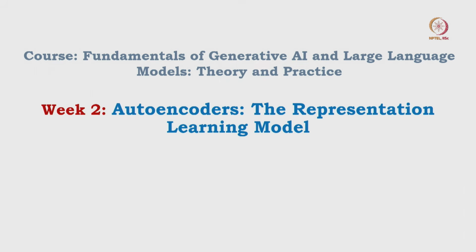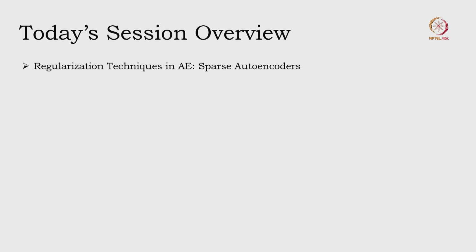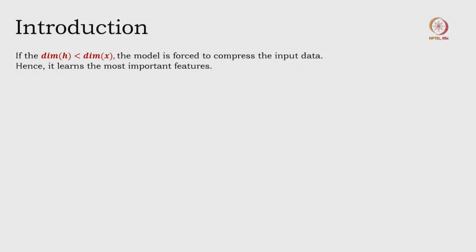In the last session we had seen the denoising autoencoder. In this session we will see the next regularization technique, which is the sparse autoencoder. From our previous session you would have understood that it is mainly used to avoid the overfitting problem. Suppose you have a data set, and in this slide what we are